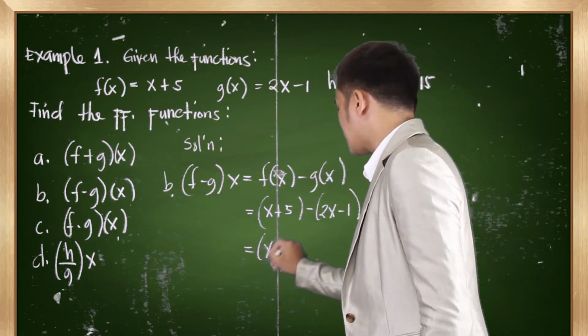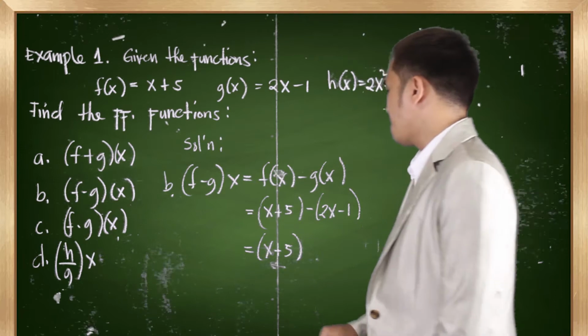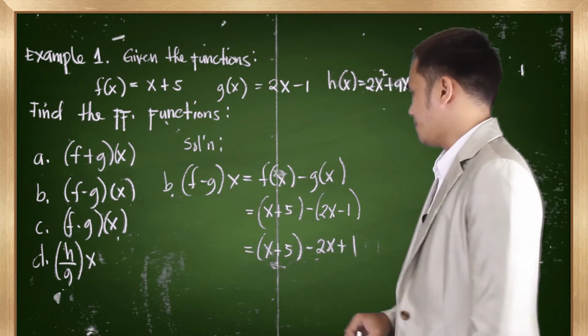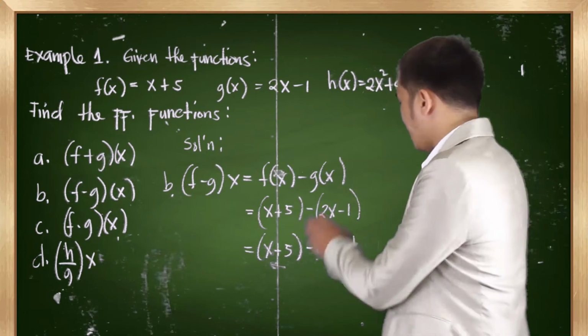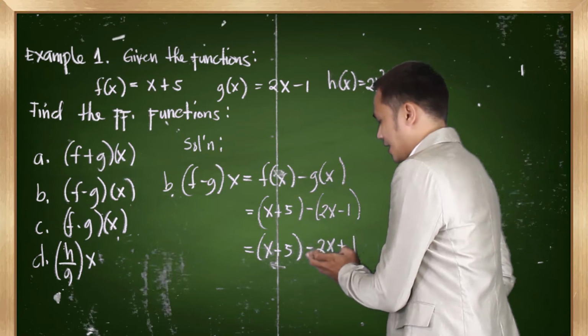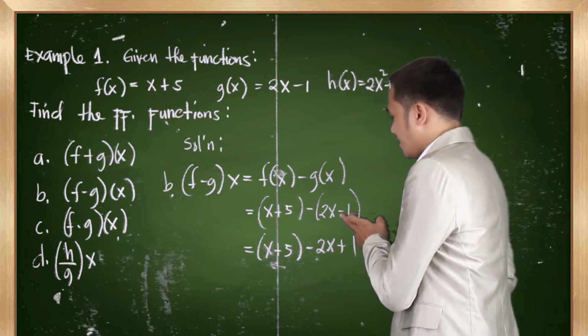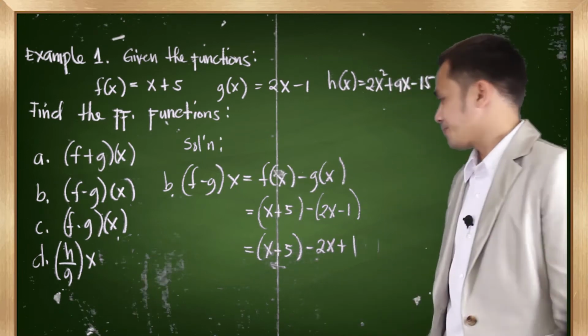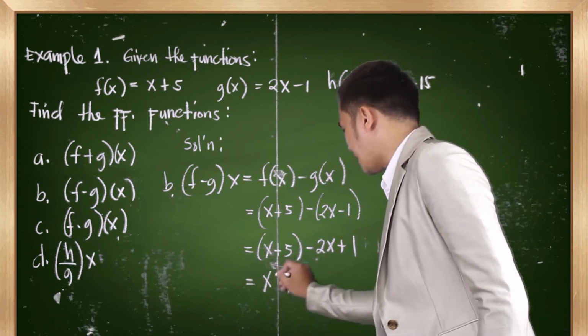This becomes x plus 5 minus 2x plus 1. Okay, so we're going to change here from positive, we change that one to negative 2x. From negative 1, we're going to change that one to positive 1 and proceed to addition. And this becomes x plus 5